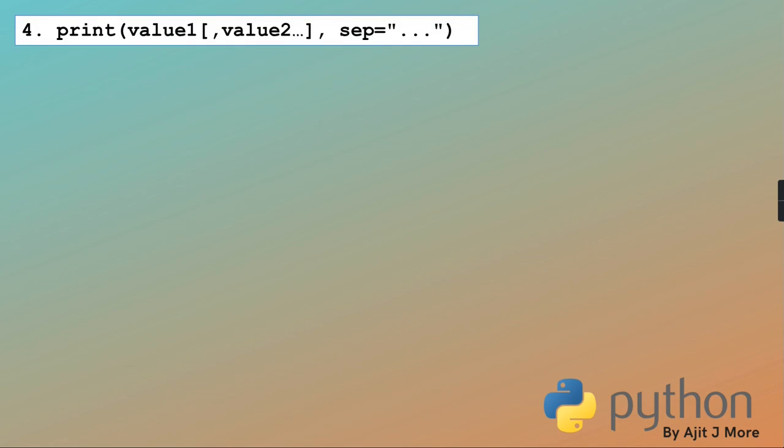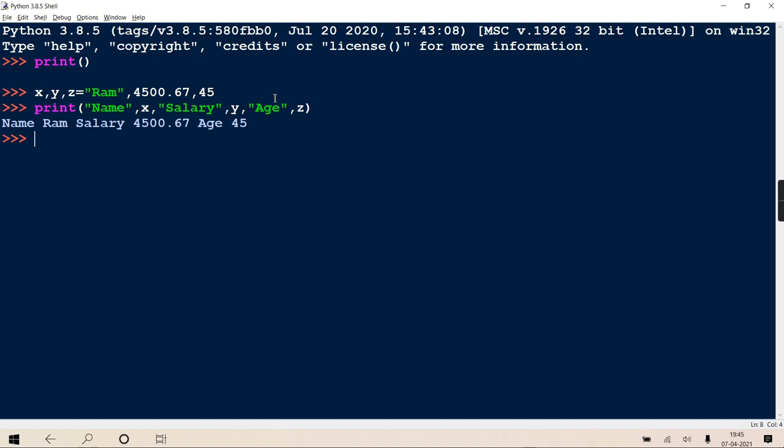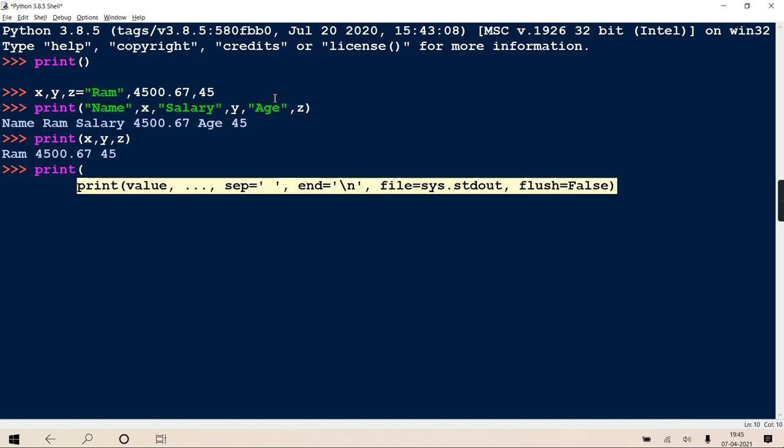So this is also clear to you. End parameter. Then the fourth form, using the sep attribute. Right? By default, each value is separated with a space. Value 1, then a space, value 2, then a space. So all the values are separated with a space. So if you want something other than space, then use the sep attribute. So whatever you give to sep, that will be used as a separator. Okay, that too yesterday I gave you a demonstration. Like in this case only, suppose I am writing print x comma y comma z. Okay, values 1, 2, 3. So by default a space is coming, but I want something other than that.